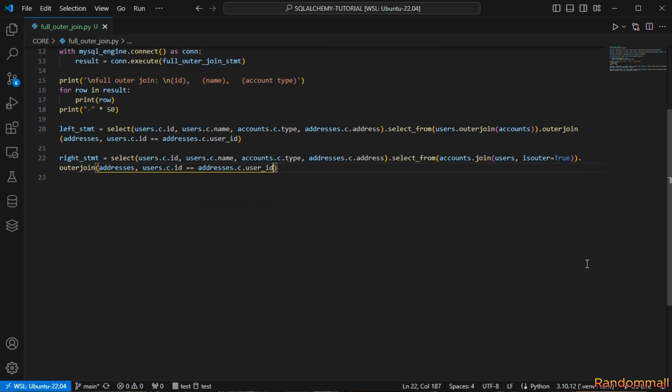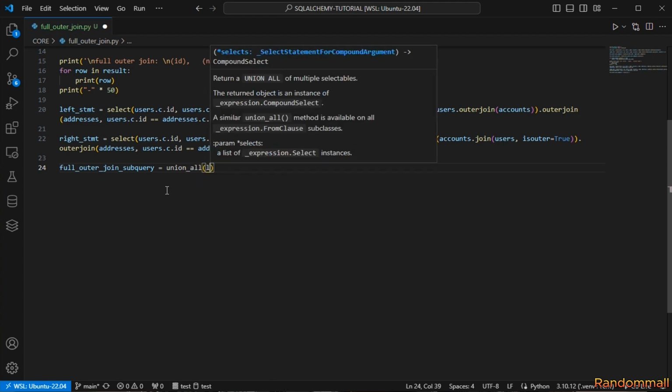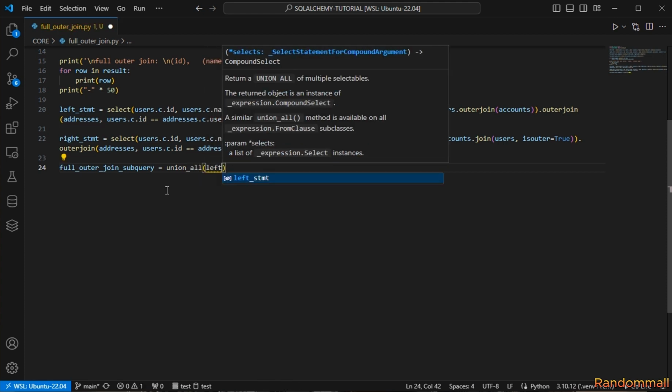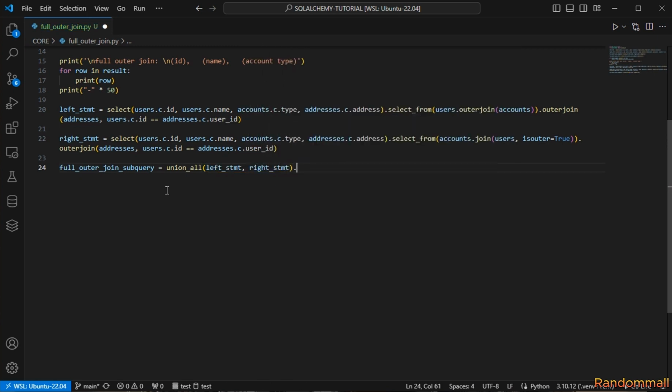And then we are going to combine the results of the left and right outer join with union all in order to make it a subquery, full subquery, and you say union all, and then I'll pass in the left statement again and the right statement, and say dot subquery, and then down here we are going to create a query of its own, a statement of its own,